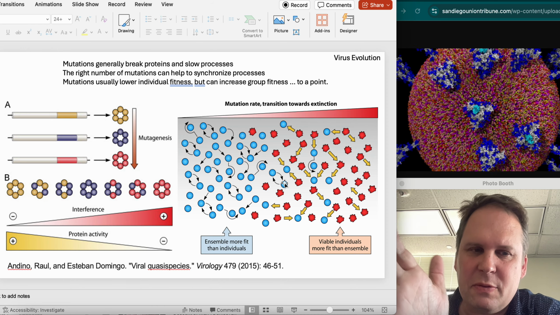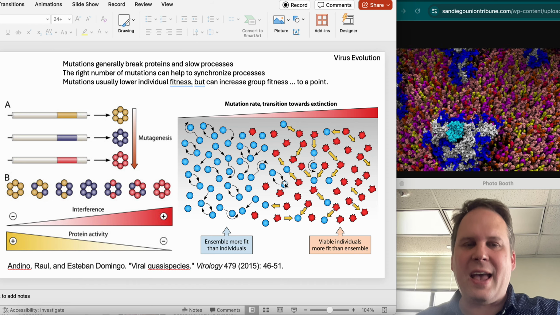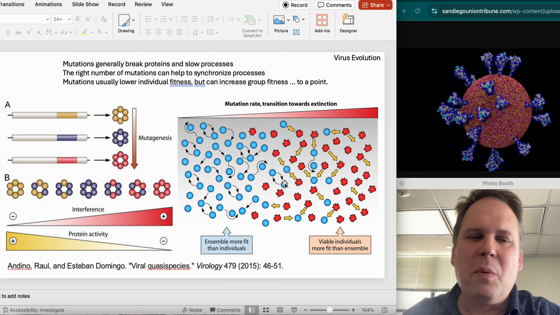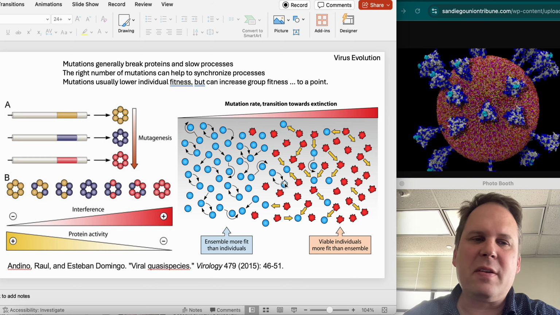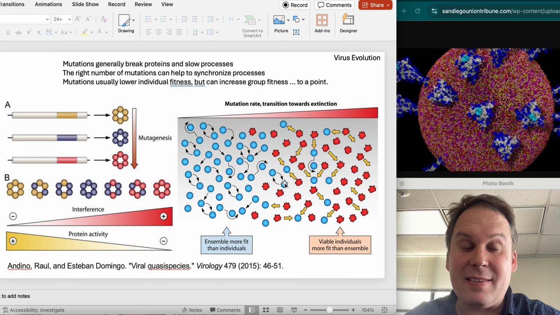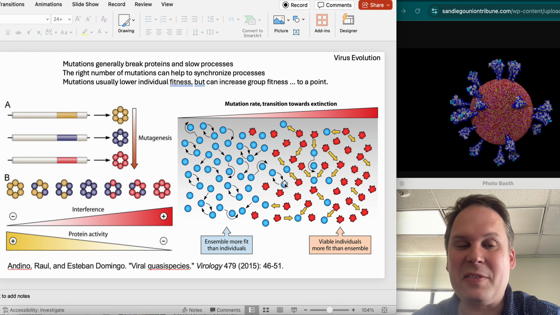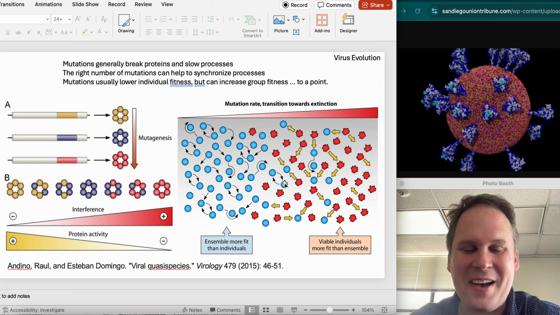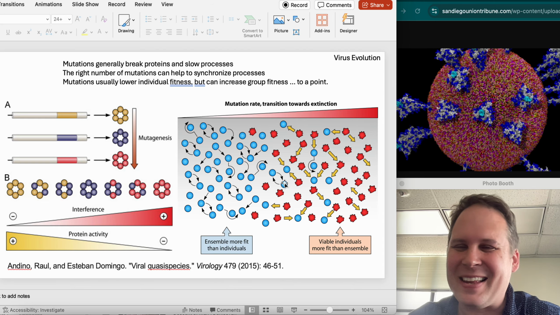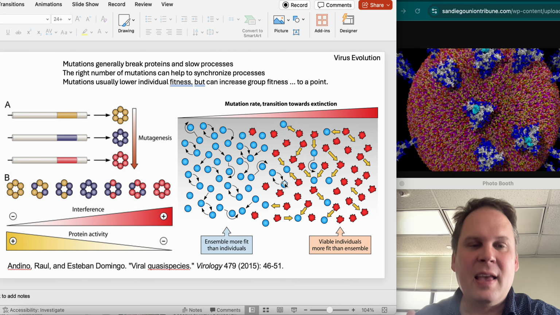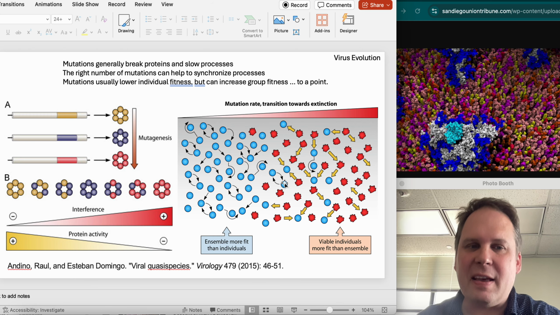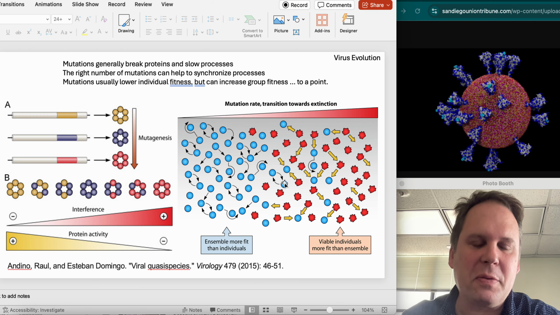Then, when we get toward the end of the course, we're going to zoom way out. We're going to go big picture. We're going to look at some of the ideas about the origin of viruses. Because unless you have a time machine that can go back a couple billion years, I don't think you can actually tell me the origin of viruses. Yeah, any virus, really. But there are some pretty good clues that are left in the molecular biology. So we'll go through those.